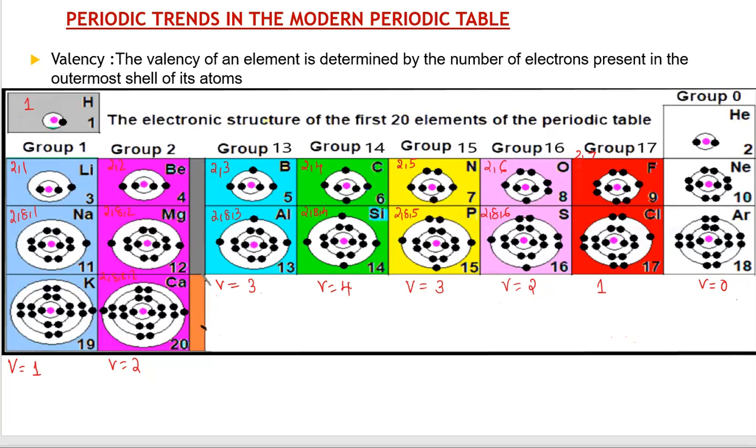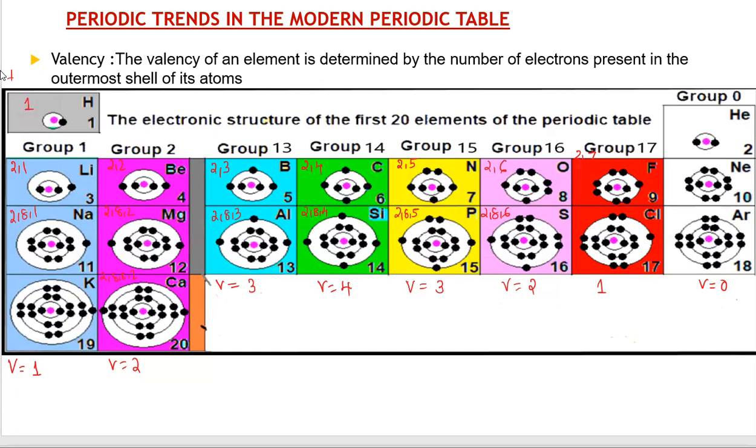Sodium 2, 8, 1. The outermost shell contains 1 electron. It needs 7 more electrons, which is difficult. So if it gives up 1 electron, then the electronic configuration becomes 2, 8. It got noble gas configuration, so it will become stable. If 1 electron is there in the outermost shell, it is easy to lose that electron. Even if 2 electrons are there in the outermost shell, it can easily lose 2 electrons. We know that if an atom loses electrons, it becomes a positively charged ion. Positively charged ions are known as cations.